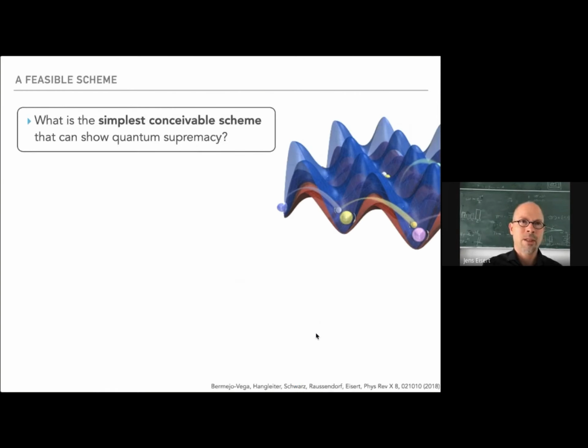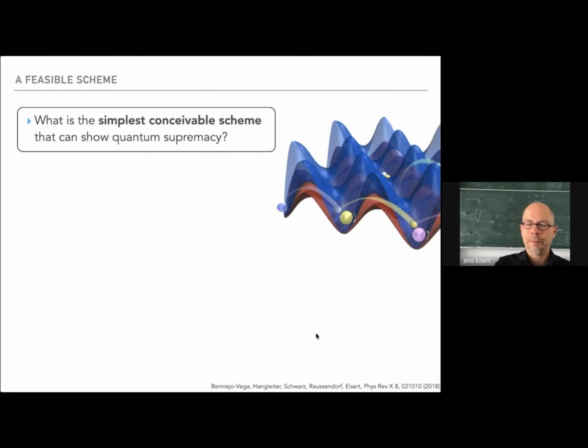So what is simple? What is near-term? This was already some 2.5 years ago, when we thought, okay, great. Can we make it a race? Can we think of the simplest conceivable scheme that shows a quantum advantage or quantum supremacy, for that matter? We were working hard and harder, and had a simpler scheme and a yet simpler scheme, and we wanted to see how far you can push it to make it